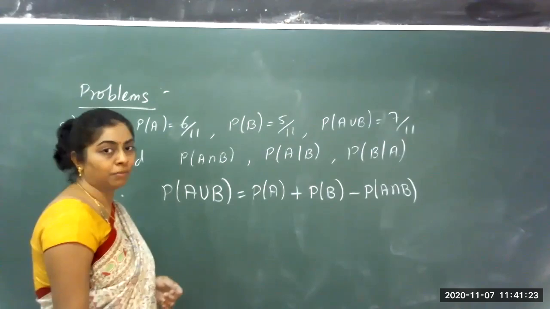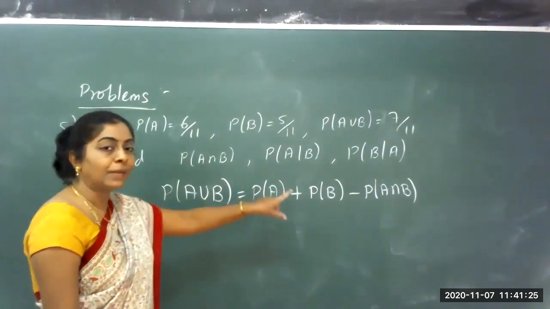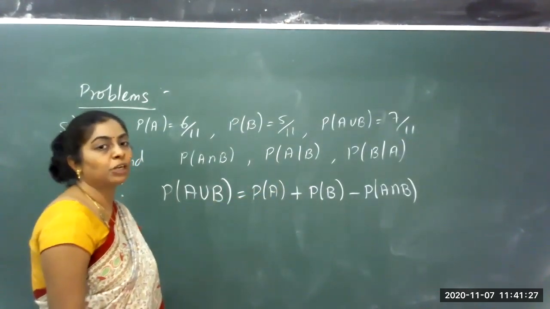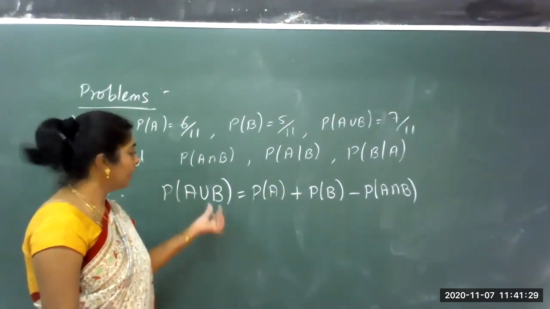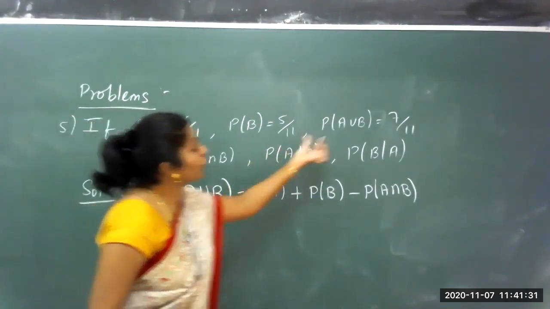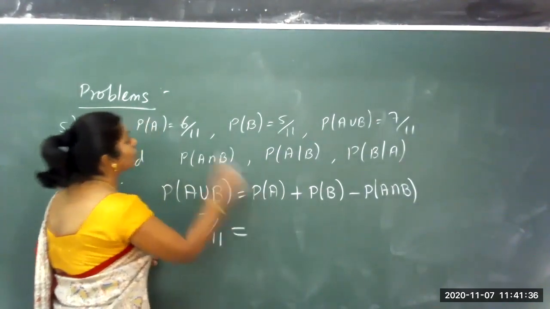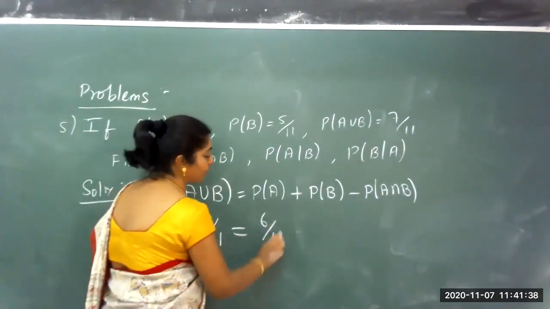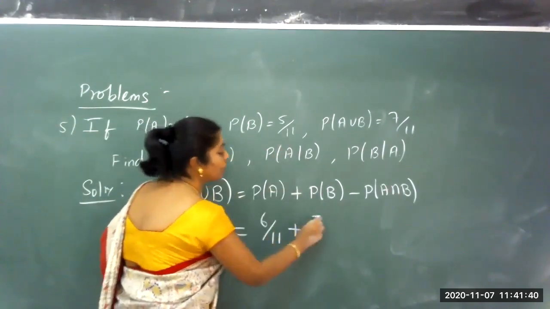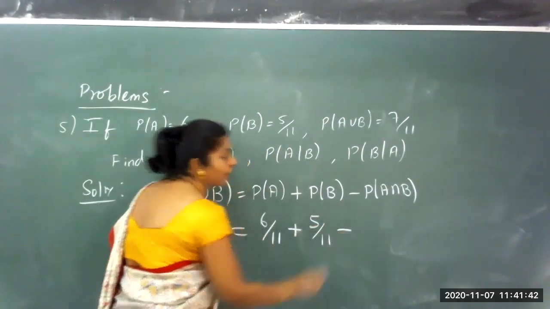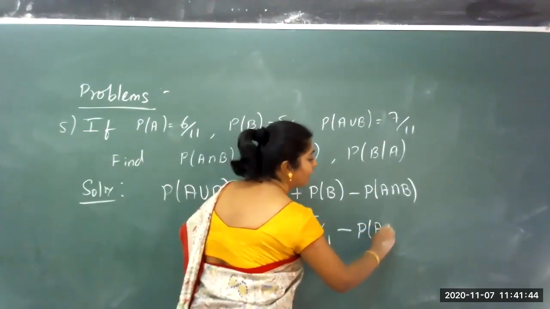Probability of A union B is probability of A plus probability of B minus probability of A intersection B. Let me substitute the values. Probability of A union B is 7 by 11, probability of A is 6 by 11 plus probability of B is 5 by 11 minus probability of A intersection